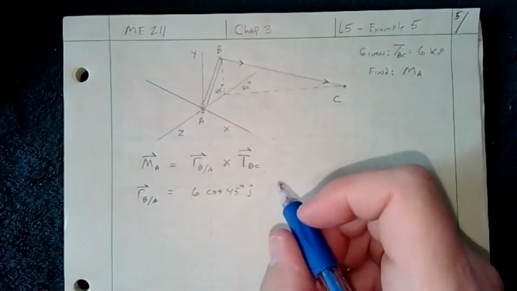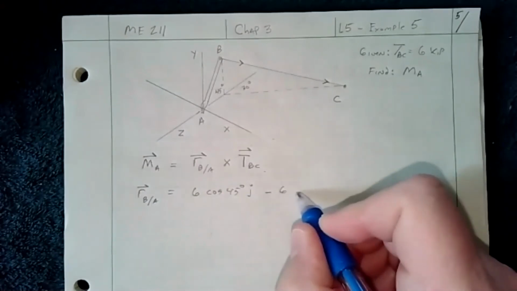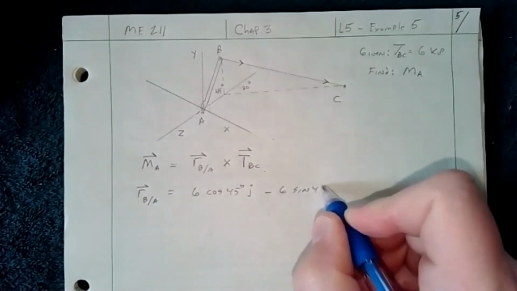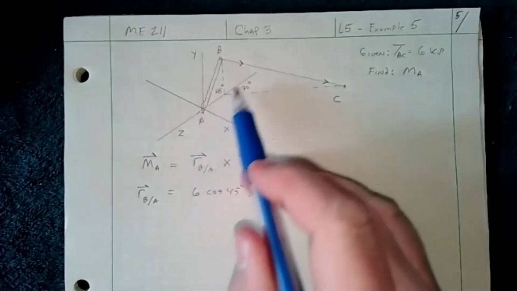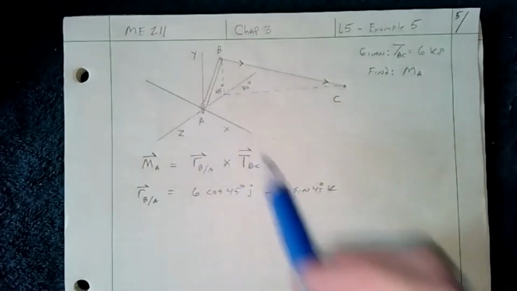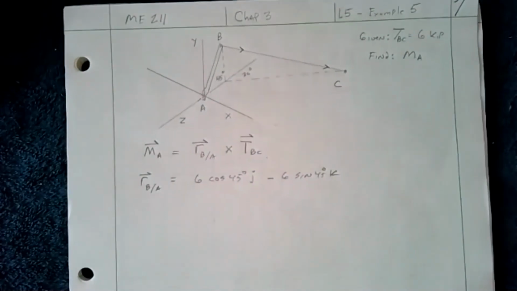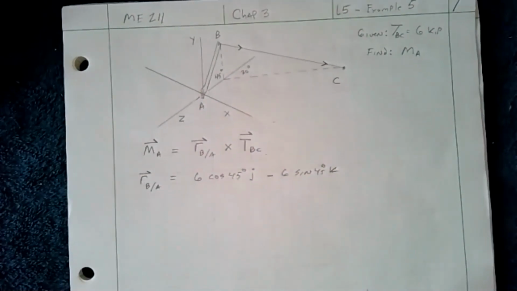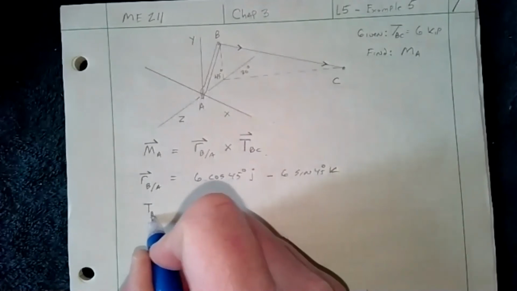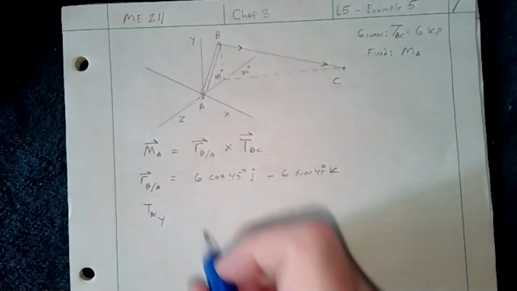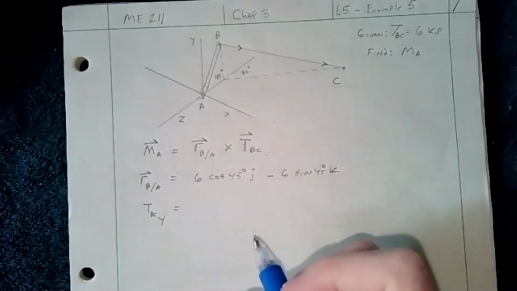And then it's going to be minus 6 sine 45, and that's going to be in the K, because it's going in the negative Z direction, and there's no X component. So that's that. And then let's look at our BC. So now we know that our TY, that's the easy one. So we'll say TBC sub Y. That's going to just be equal to